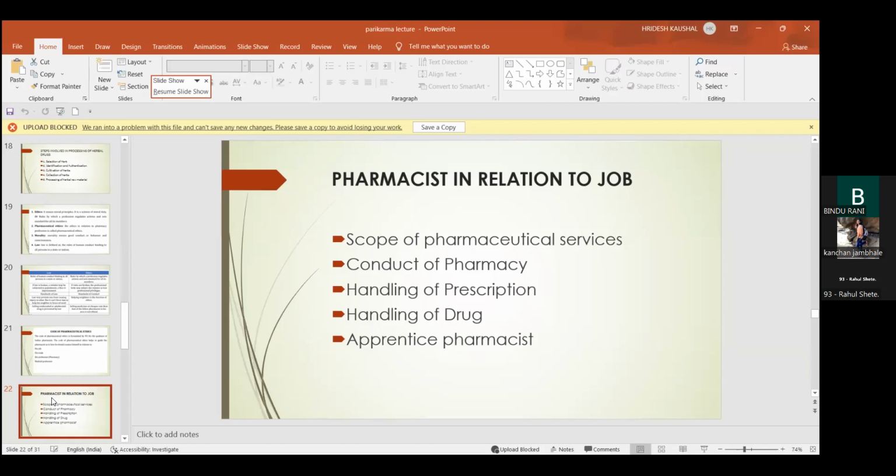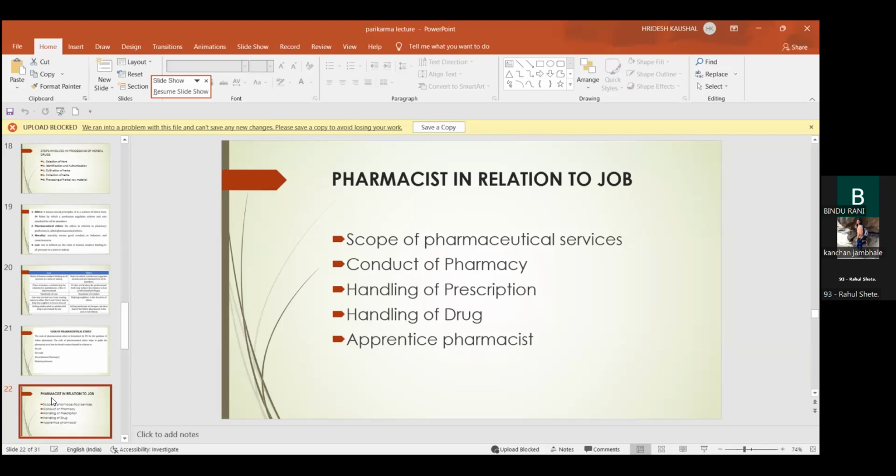Now what is the use of them? If I give training to that student, that person doesn't have any kind of knowledge, then how can he or she apply those things? So that's why while appointing the apprentice pharmacist or while giving the training to any student, we have to follow